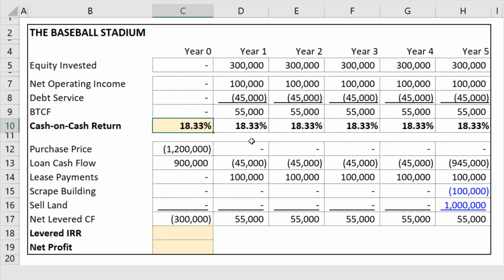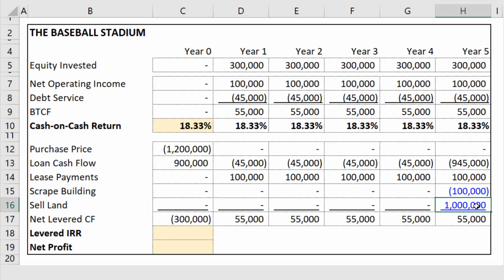Now, as you start doing your due diligence, you discover that the baseball team that's currently leasing the stadium has agreed to sign a new lease 5 years from now with a new, bigger stadium. Therefore, they're leaving. And in understanding the market, you realize that there are no other baseball teams to take the place of this minor league team. And therefore, to really have any value at the end of your analysis period, you'll need to scrape the building, tear the building down, and sell the land. And you conclude that scraping the building would cost $100,000 and that the land would be worth $1 million at the end of your 5-year analysis period.